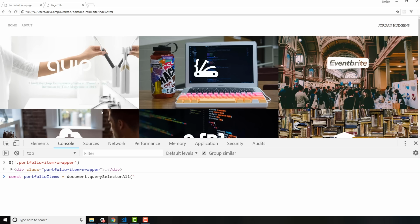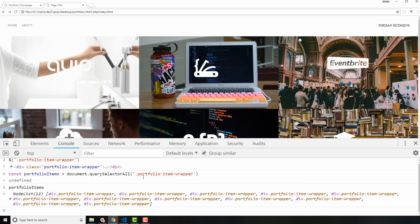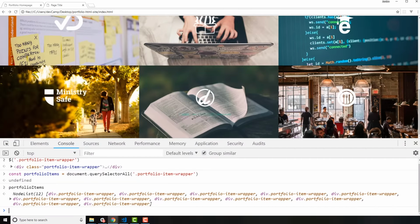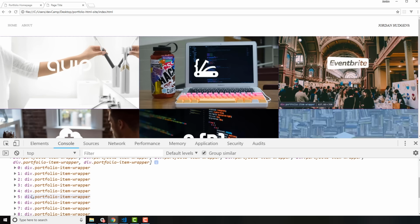So we can even come here and just copy this, because we already know this works. So paste that in here. And now if I run that, nothing gets returned. But if I click on portfolioItems, we have this really nice little node list. And you see how it says 12? That means that it selected all 12 of these blocks here. So that means it's working, and if you want to click and expand it, you can see it grabbed each one of those portfolio item wrappers,